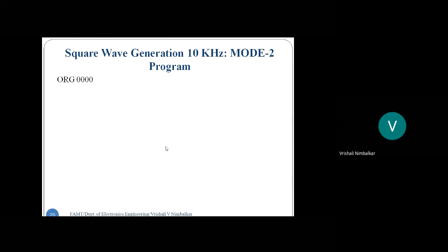Whenever I use mode 2 and I keep on checking the flag again and again, that is, if I'm using polling technique, then that timer program itself becomes the main program, provided I'm not stopping the timer.